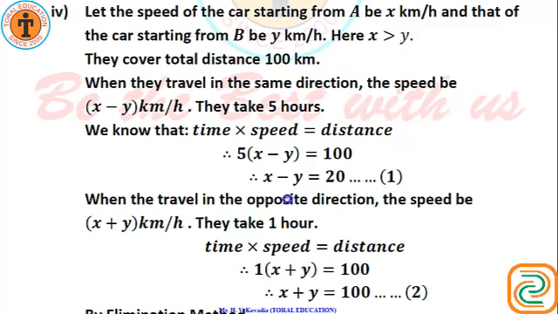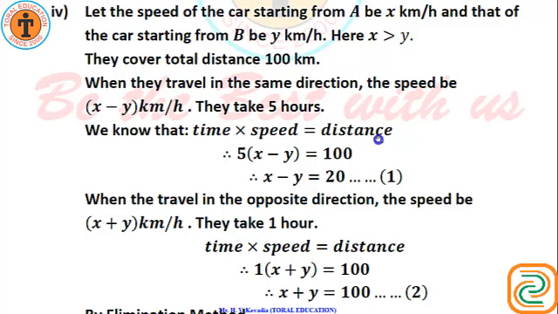Places A and B are 100 km apart on a highway. Two places are there, A and B. One car starts from A and another car from B at the same time. If the cars travel in the same direction at different speeds, they meet in 5 hours. We have to cover 100 km distance, remember. If they travel towards each other, they meet in 1 hour. What are the speeds of the two cars?